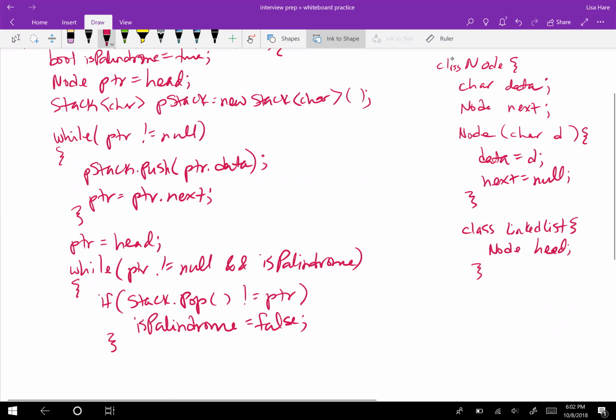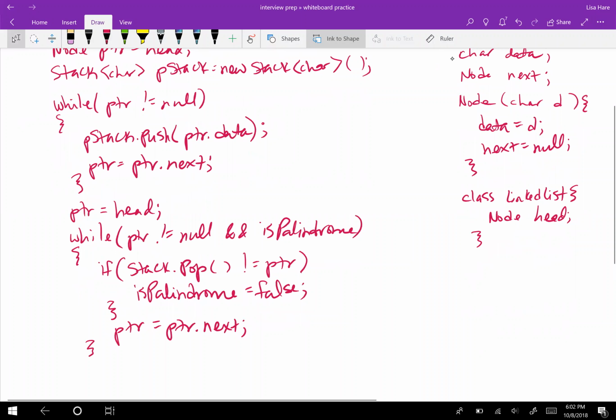Otherwise, we're going to say ptr equals ptr.next and walk through that. Okay, so then at the end, we're just going to return isPalindrome